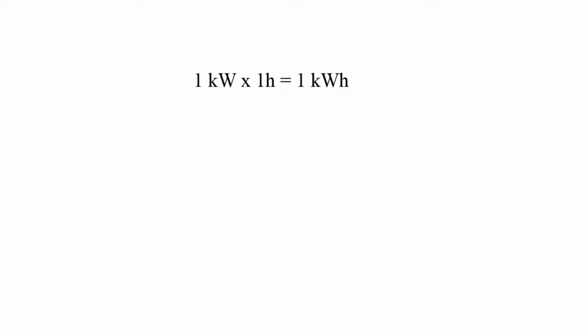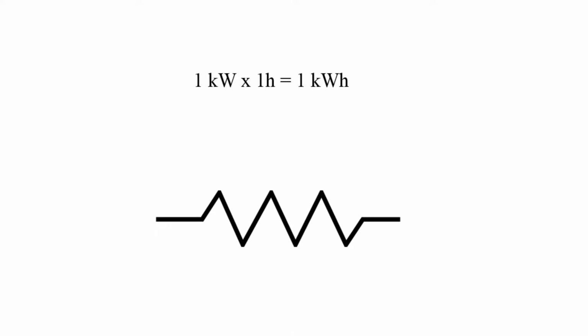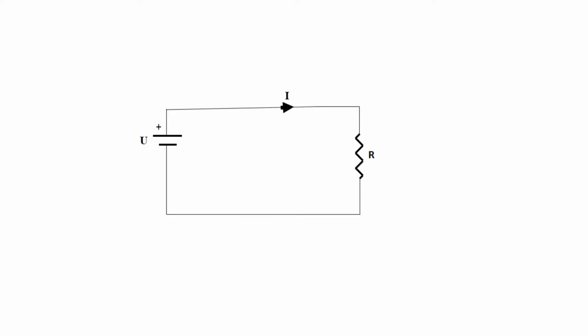Active power is equivalent to the same amount of DC power that would generate the same amount of heat in a resistive load. In this example of a DC circuit, the input power is electrical power and is defined as the product between voltage and current. The output power is the heat generated by the resistor and is defined as resistance times current squared. Both input and output powers are always equal and are measured in watts.